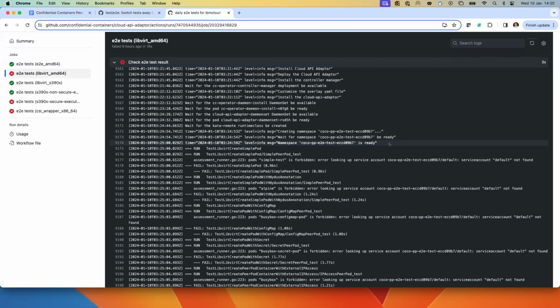Yeah. So I added a change based on Dali's review, which is to ensure the namespace is active before we do any tests. But maybe the next step I should do is start logging what service accounts are within that namespace and make sure default is there. It might be we just need to wait for that. So yeah, thanks very much for that suggestion.